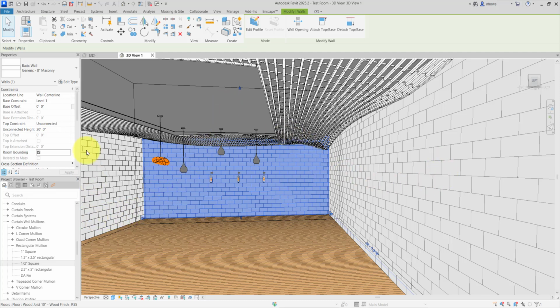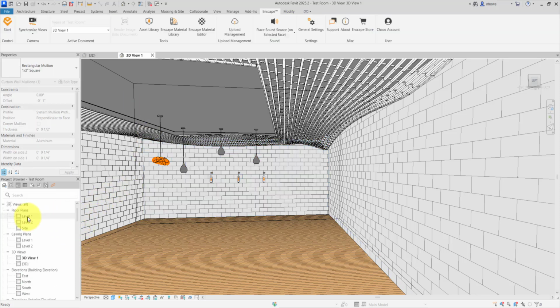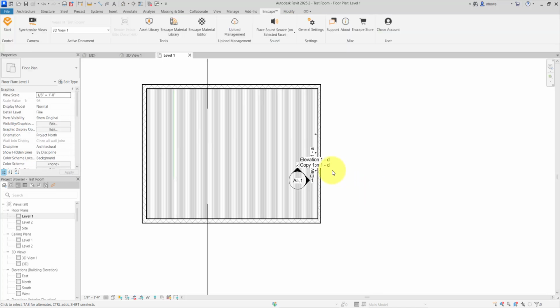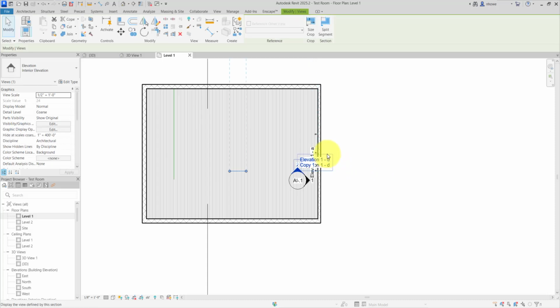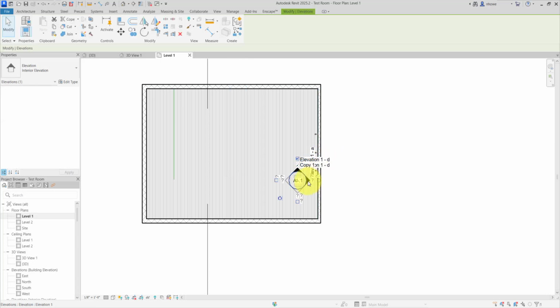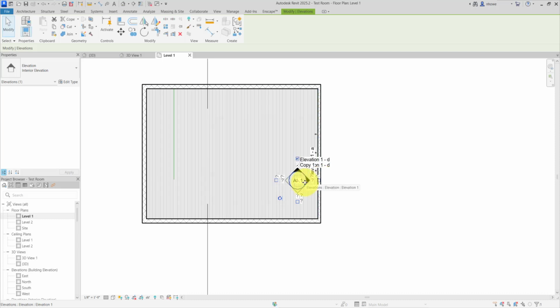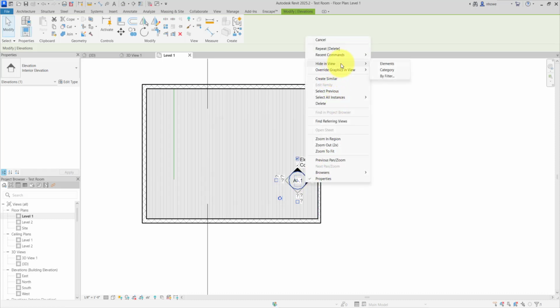Okay, so what we're going to do now is we're going to go prepare our drawings. So I'm going to go, let's look at level 1. Yeah, this is not, I don't want this here. So we need to get rid of it. Yeah, what we're going to do is you're going to